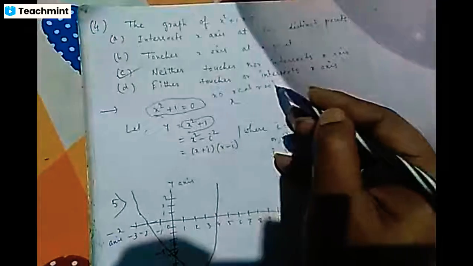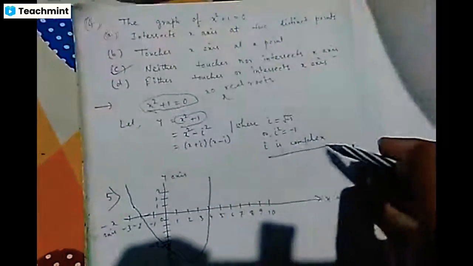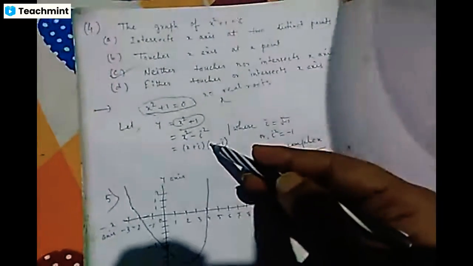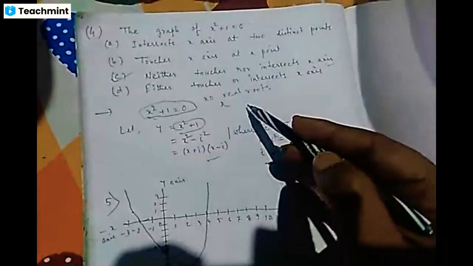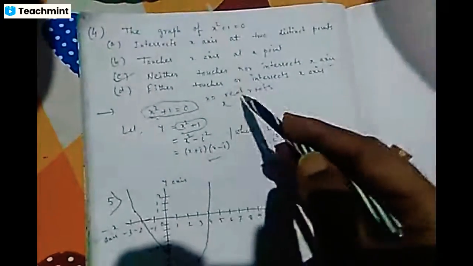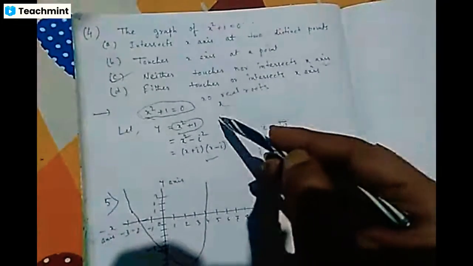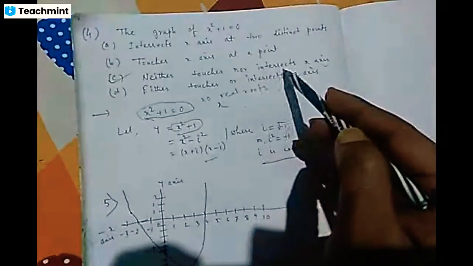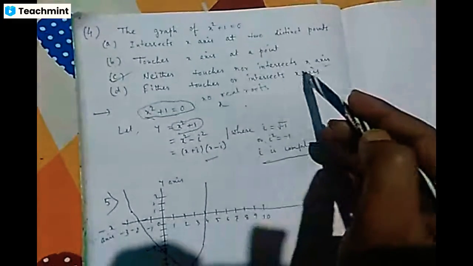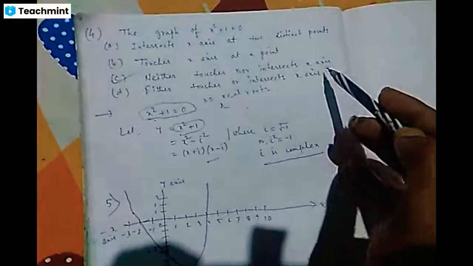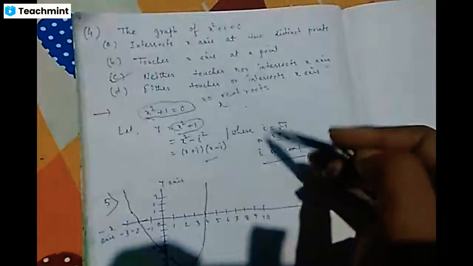In senior class you can see the solution. We take an iota, a complex number, and through this it can be solved. So iota is explained in the complex plane, not in the real plane. So actually in the real plane, the graph cannot touch the x-axis because the equation cannot be solved, so it cannot touch at any point on the x-axis. Also, if you compare in the complex plane,